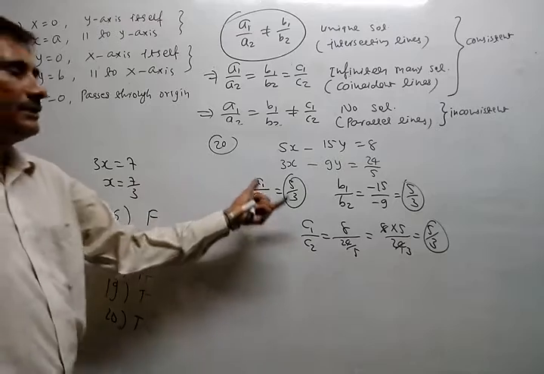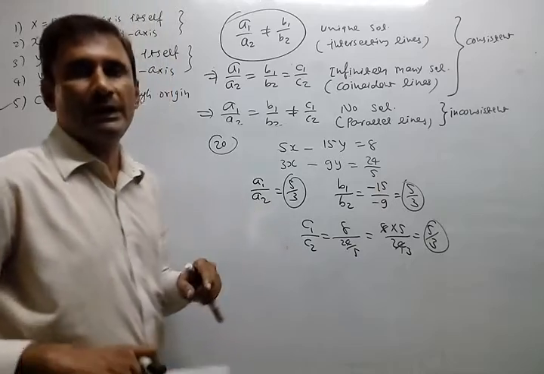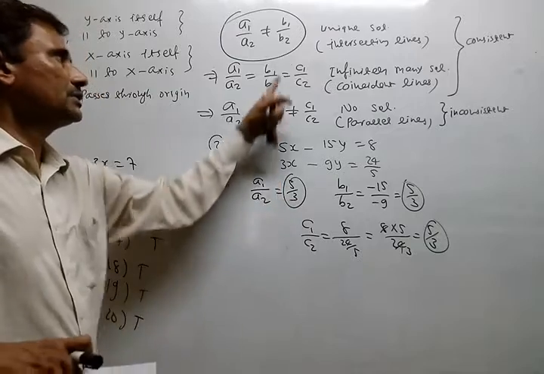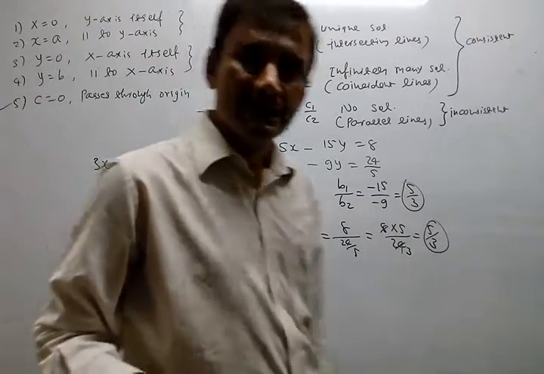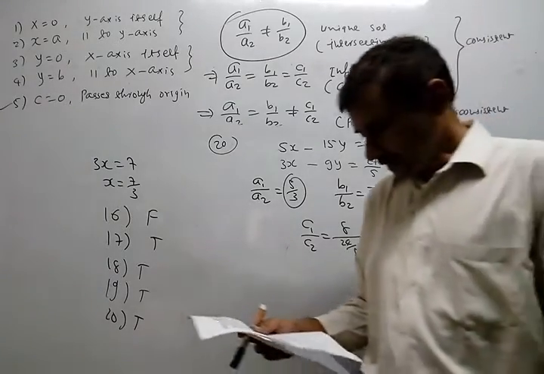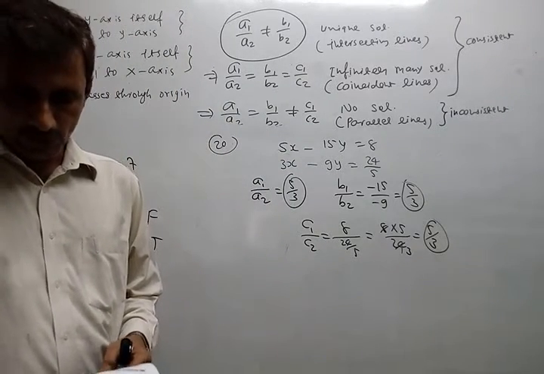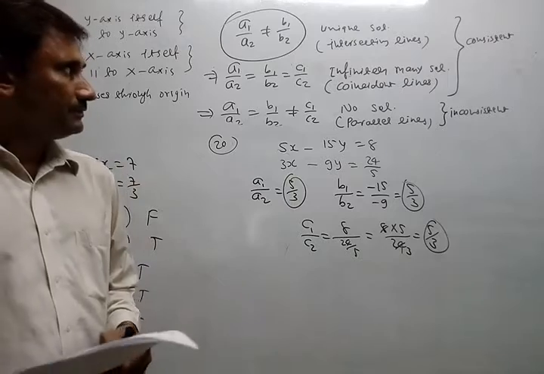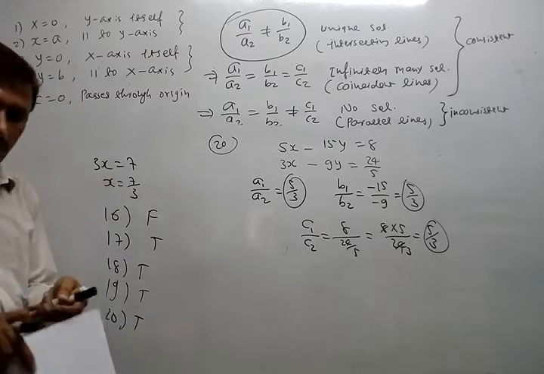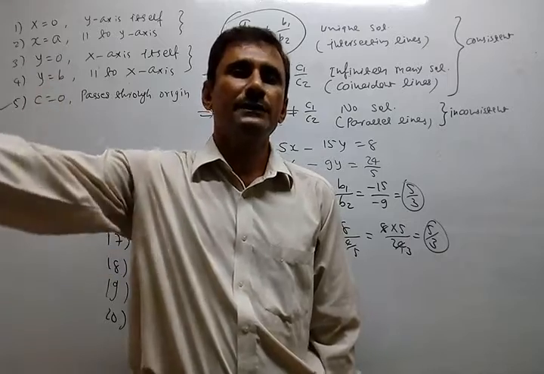Okay, so every time, whether it is related to how many solutions or what types of lines, you have to find all three ratios first of all, and according to that you can decide what types of lines are there or how many solutions are there. Okay, so these are the objective questions. Most of them are based on this condition, otherwise related to graph. Otherwise both solutions are given and something is unknown, k, a, whatever maybe, and you have to make it subject to